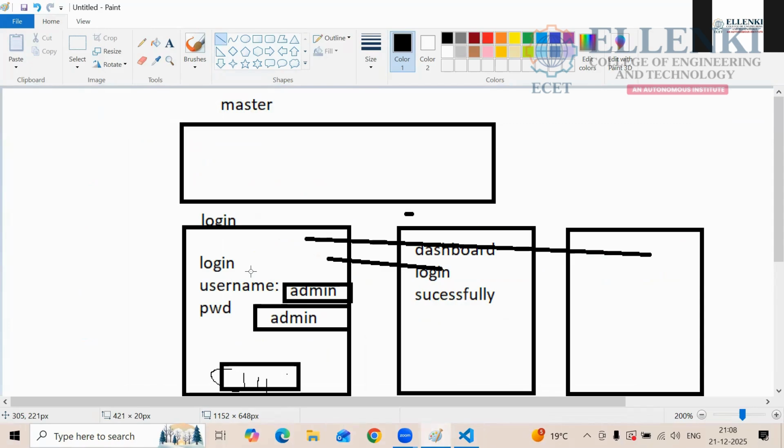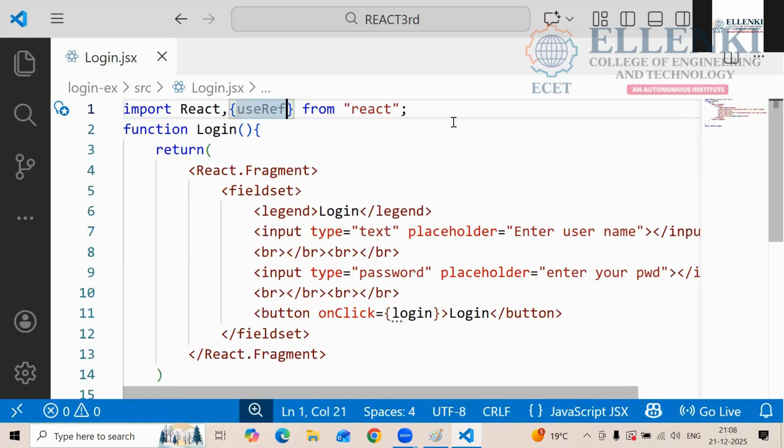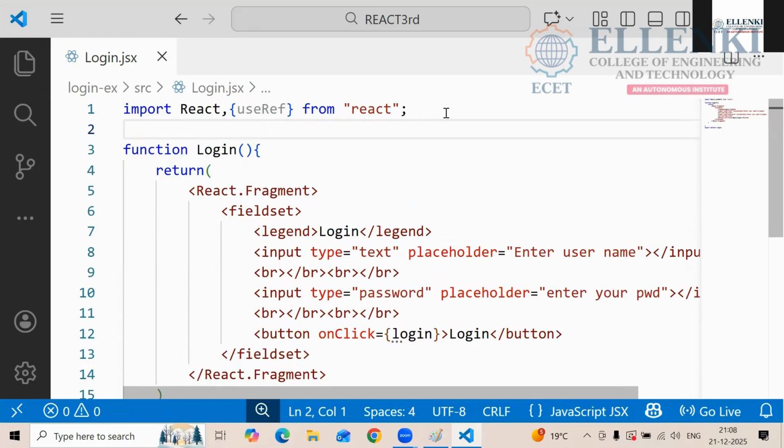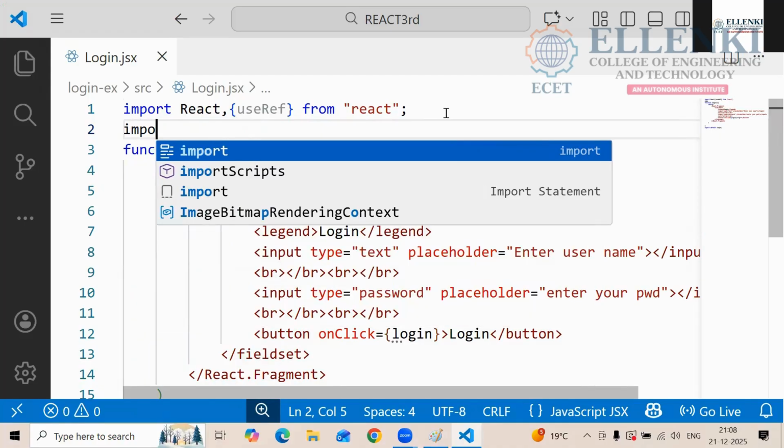Here we have one more hook, which is for navigation from one component to another component. That is the useNavigate. Okay, so that one also you have to import from react-router-dom. So how are we going to import that one?